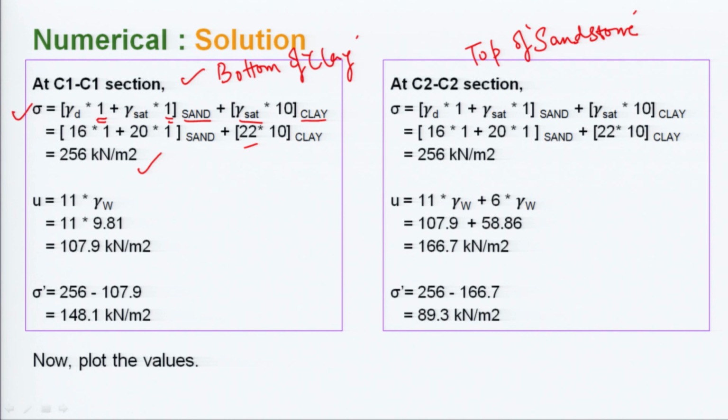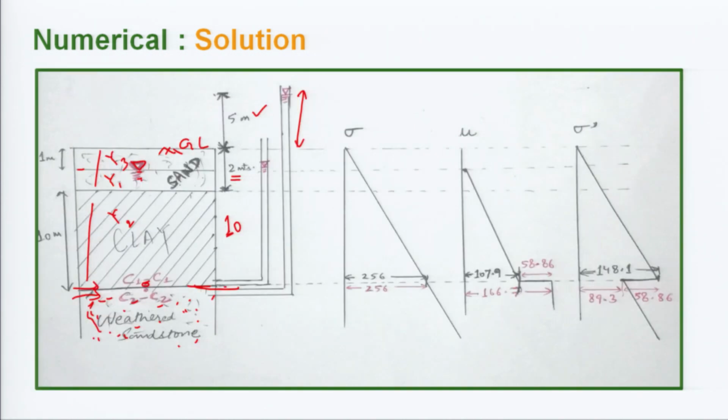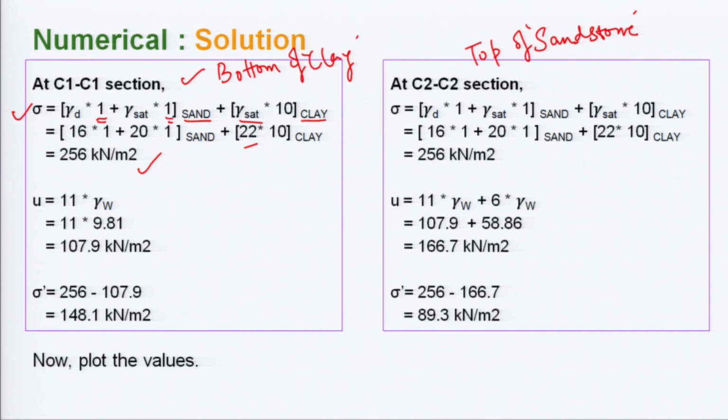When we talk about the pore water pressure, see here, the total distance is this 10 and then this 11, that is up to the groundwater table level. So, this is 11 into gamma w, that is the water which is exerting some amount of pressure there. So, 11 into 9.81 kilonewton per meter cube, and this was in meters. So, it comes out to be this much value. When we talk about the effective stress, you already know that it is equal to the total stress minus the pore water pressure. So, we get this value.